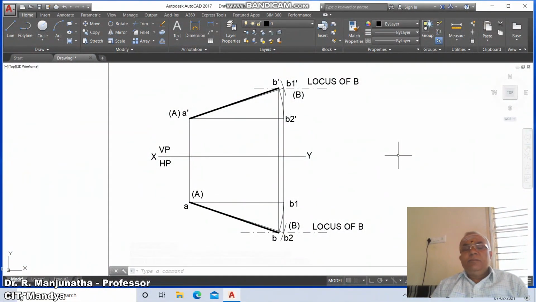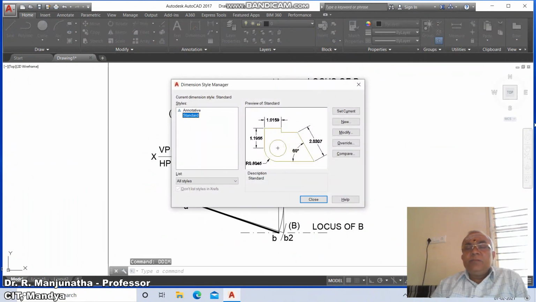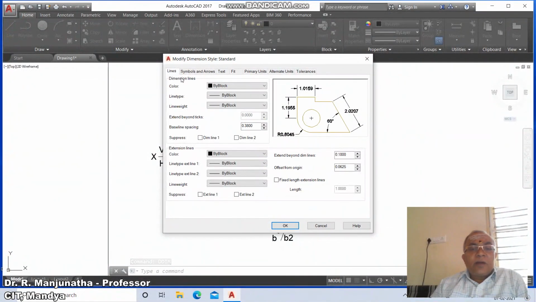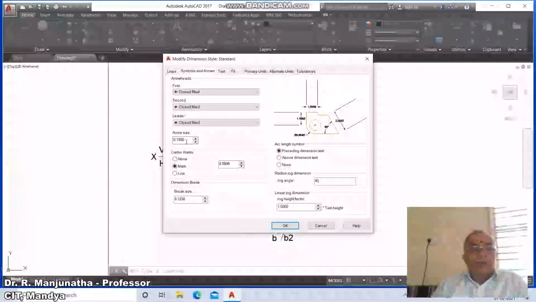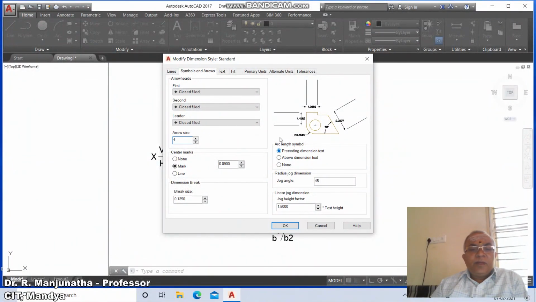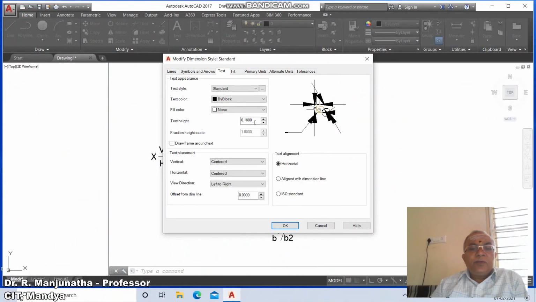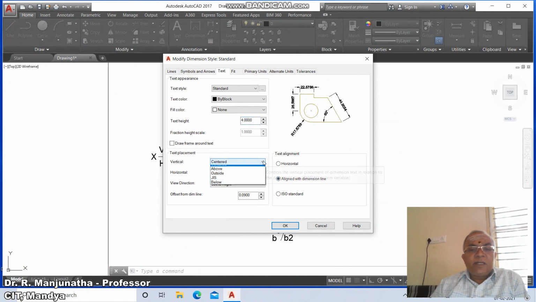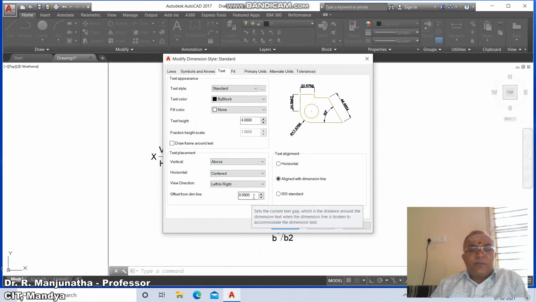Now we need to write the dimension. So before writing the dimension, first we have to modify the dimension variables. Go to modify, click on lines. So here offset from the origin you take it as 3, symbols and arrows you make this as 4, then come down to text, you make this as 4, and the text placement with the dimension line centered is above, and here offset from the dimension line is 3.